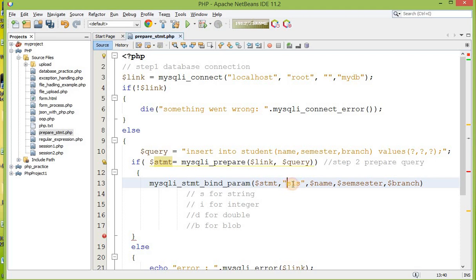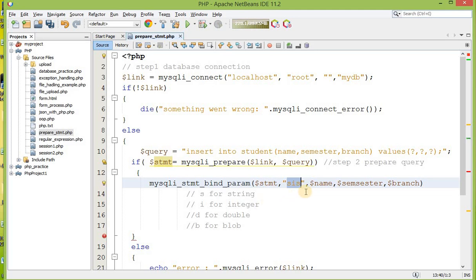That's why you have to insert this parameter like this. Okay, if there are more fields, then you just add them simply like this: if it is a string type, if it is a blob type, if it is an integer type, if it is a double type, just like that. But over here there are just 3 fields, that's why it's only 3 characters. I hope you understood it.